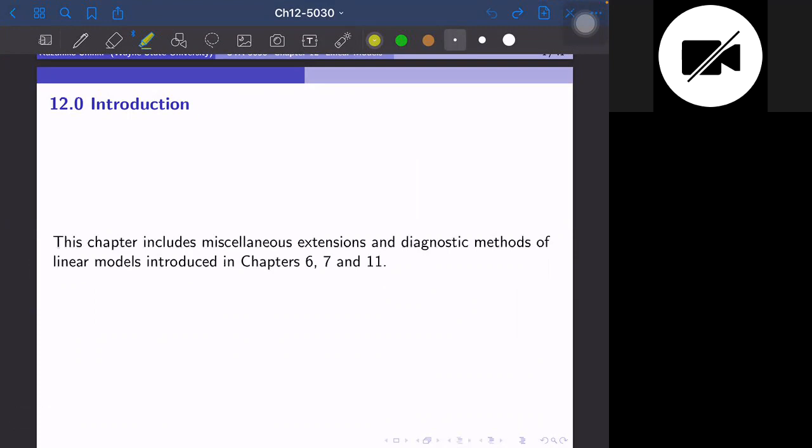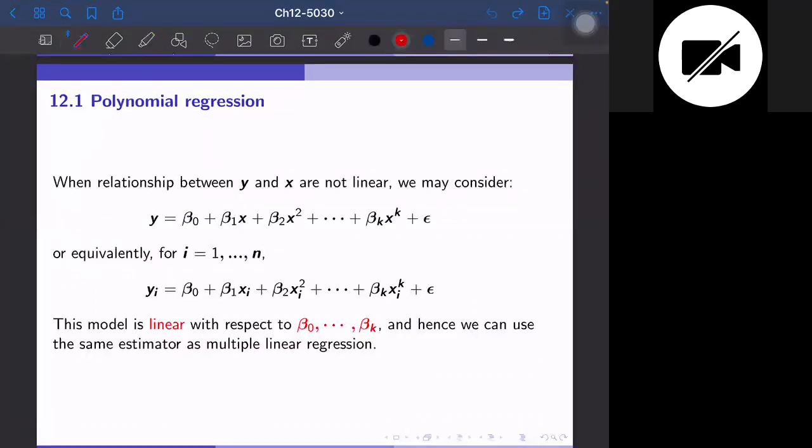Okay, so 12.1, polynomial regression. We have considered multiple linear regression, where the relationship between y and the x_j is always linear. But here, we only think about y and x for now, and we think of y as a polynomial of x. So we can express a more complicated relationship between x and y. Especially if we only have a finite range, it's pretty flexible if we can fit a model such as